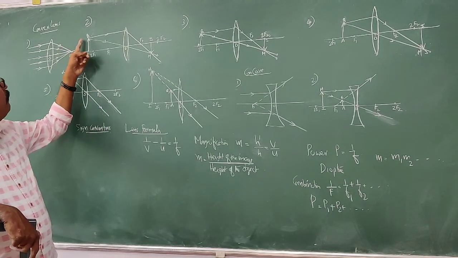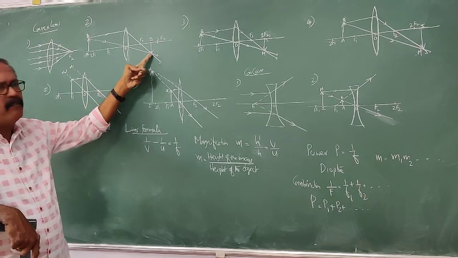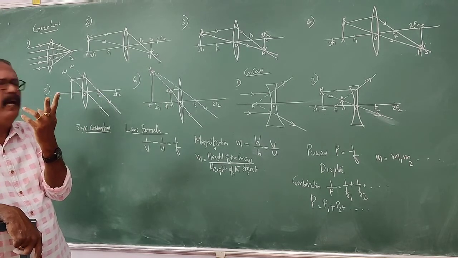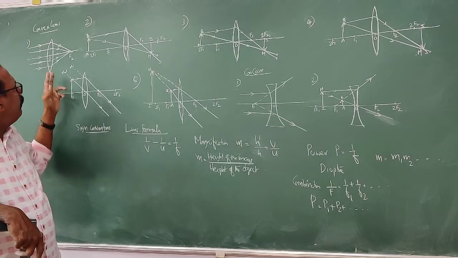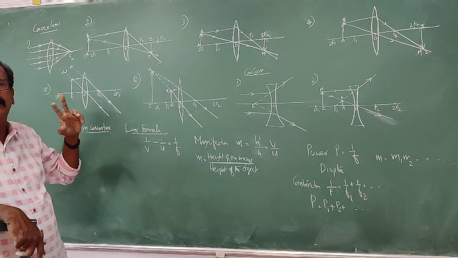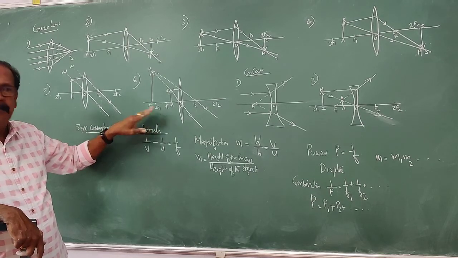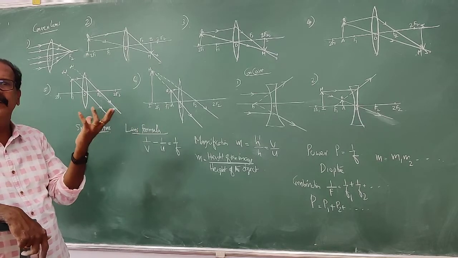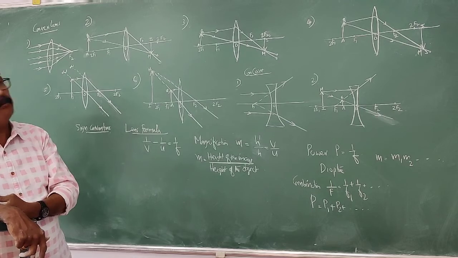One ray parallel to the principal axis passes through the focus. A ray passing through the optic center passes straight. Only two rays we have used. The other also you can use, and you get the same result. Any two pair is sufficient. So all the 6 positions given in the chart are proved and verified by drawing by yourself. Verify regarding the nature, size and everything. You verify by drawing your own diagram and prove.